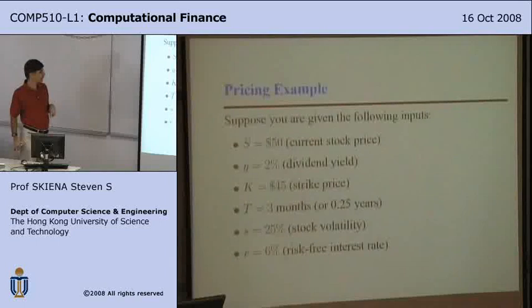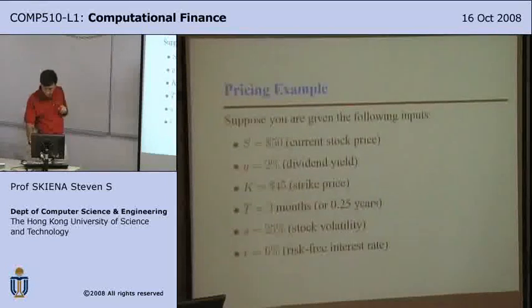There's a time period. In the way this formula is written, the time is given in years. So if you want to price it for a certain number of months, 3 months is a quarter of a year. The interest rates are given for a year, as is the dividend rate. More importantly, the stock volatility is given in terms of annual volatility. We haven't talked that much about volatility; we will in the next section of the course. But I find annual volatility a little difficult to think about.